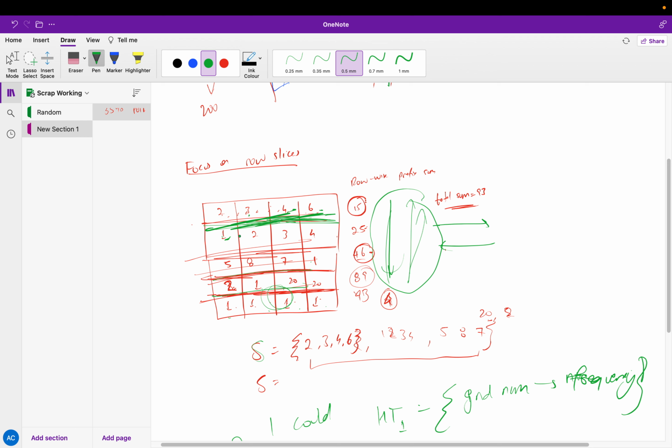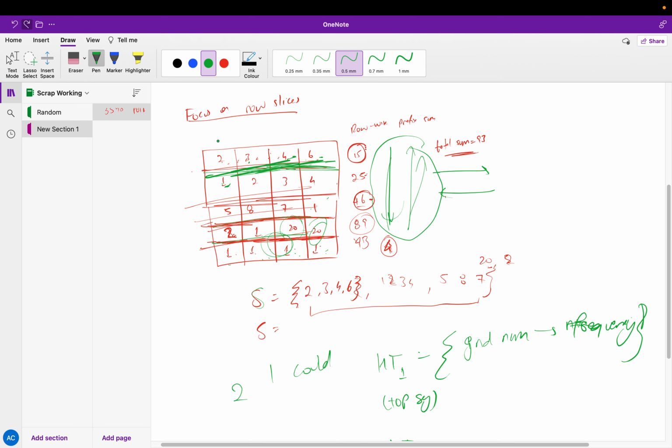So 1 maps to 7, 2 maps to 2, 3 maps to, I think there's only 1, 3 maps to 1, 4 maps to 1, 5 maps to 1, 8 maps to 1, 7 maps to 1, 20 maps to 2, and that's it. So yes, 20 maps to 2. So you have that, and every time you move the slice down,